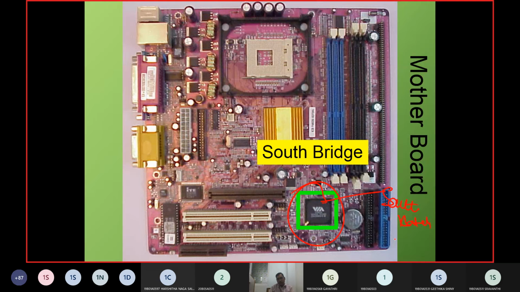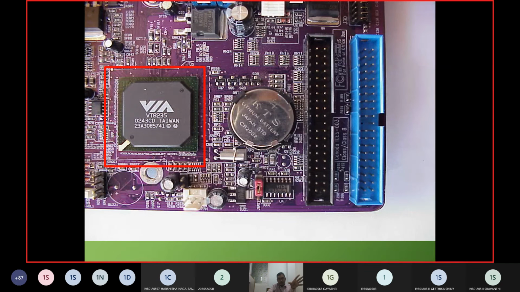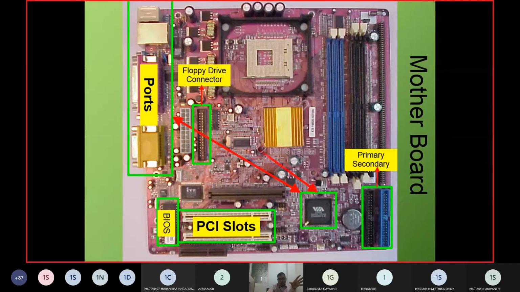So at this position, the South Bridge, what is it going to connect? Who is pending here? Input and output devices are pending. These input output devices, we call them ports. As I mentioned in today's morning class, ports are the positions where we connect the mouse, keyboard, the drawing board, the USB, etc. These positions we call ports.